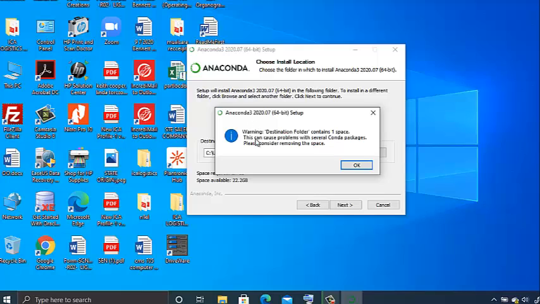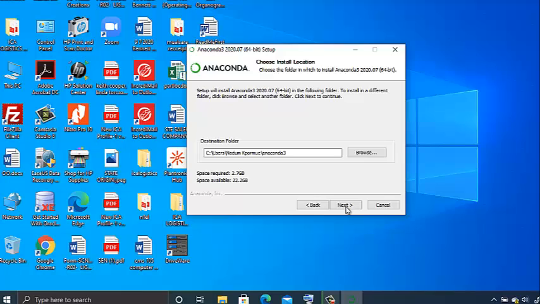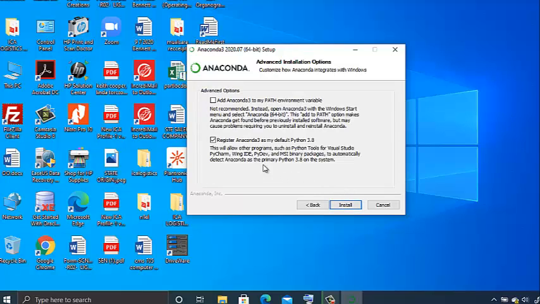There is a prompt warning: destination folder contains one space. This can cause problems with several Conda packages. Please consider removing the space. Just click OK and you're good to go. All right, now